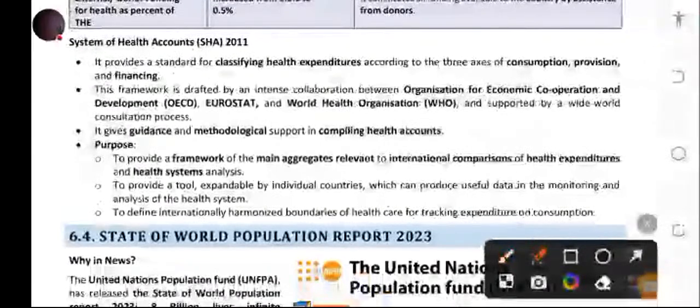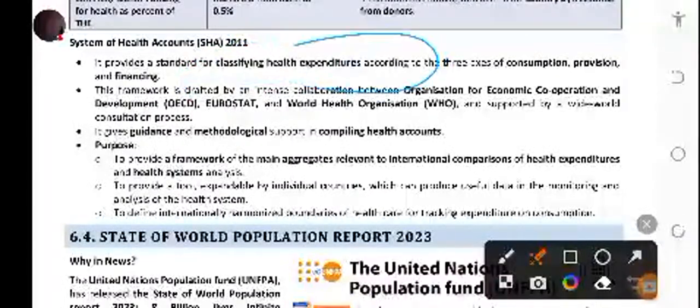2011, it provides a standard classification of health expenditure according to the three axes of consumption, provision, and financing. This framework was adopted through intense collaboration between the Organisation for Economic Co-operation and Development, Eurostat, and the World Health Organization, and supported by a worldwide consultation process. It gives guidance and methodological support in compiling health accounts, with the purpose of providing a framework of the main aggregates relevant to